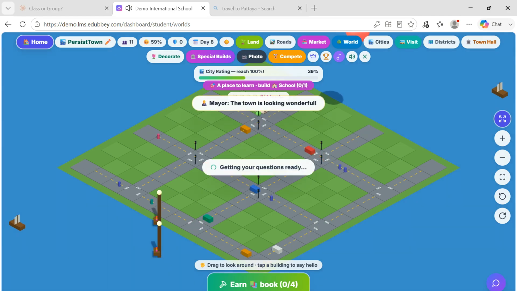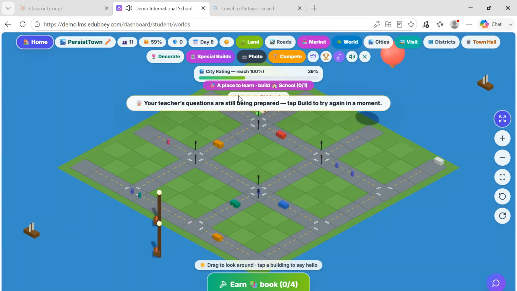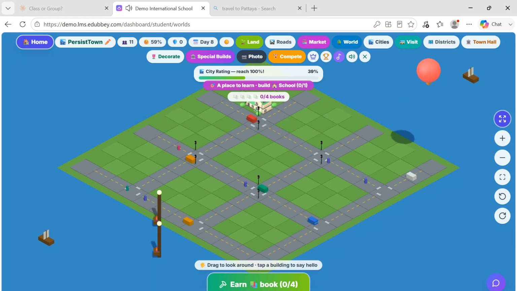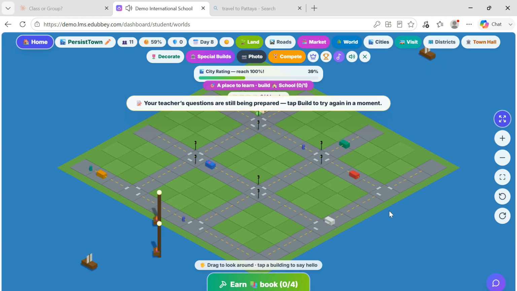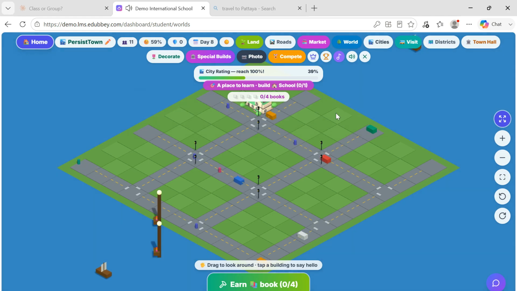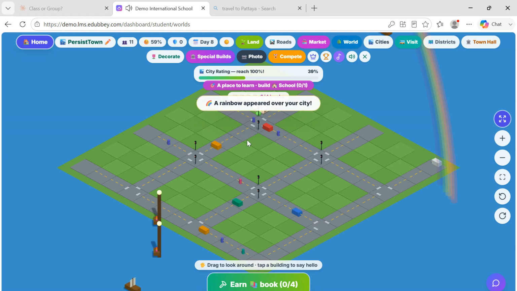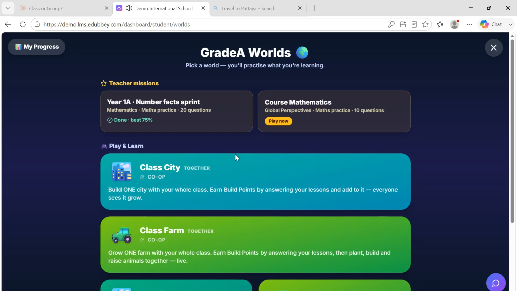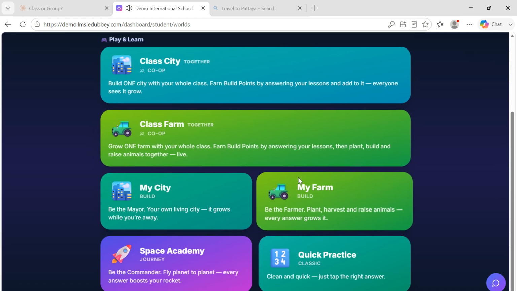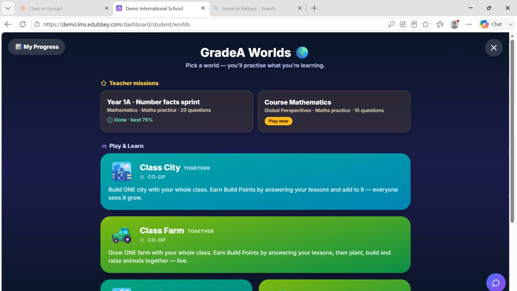So when they click here, the system will generate some questions for them. And they have to answer, then they continue playing. This here is being prepared, so this will take a little bit of time. It generates some questions for them. Then after that, they make the city. All right. So this is how it works, then they also have some other games, by the way, but all the games